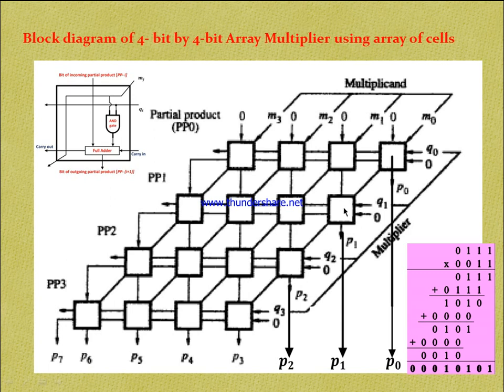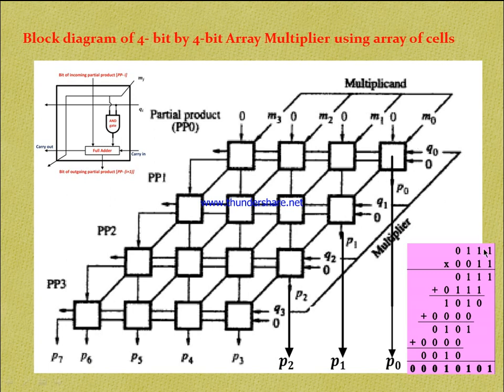For this particular cell, this is 1 and this is 0, and Q1 is the second bit of the multiplier, so here it is 1, here also it is 1, and this is the